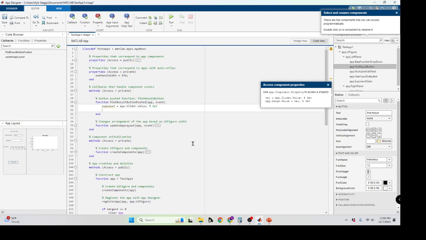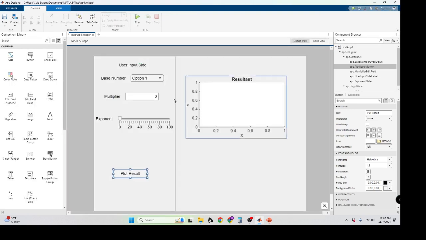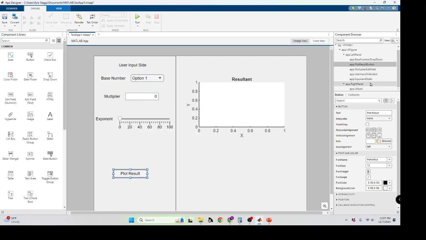you could output effectively to the command window, you could output exponent. But exponent, you can see this variable, there's a value assigned to a variable that might not be used. So we're not using exponent anywhere else. That's okay. We need to get the slider value. We also need to get our multiplier value. Okay. So that's going to be, from the slider value,